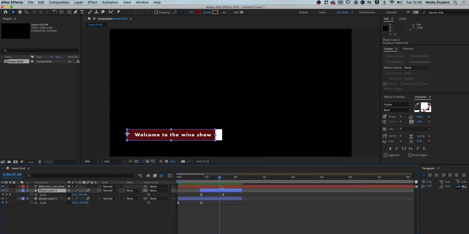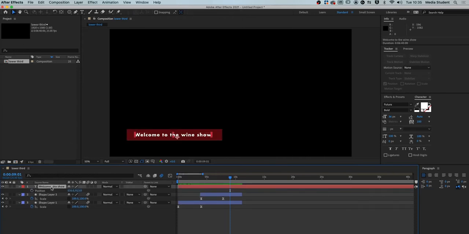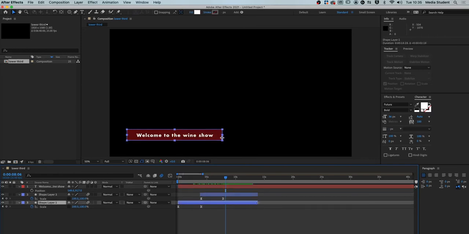So we've got some text on there now, and we can of course move the text with the arrow tool, or we can click on the text and press the P key and change its position there if you prefer to do it that way, but it's the same deal. What we're going to do now is keyframe the text so it comes in from the side, after the wine color is fully established on the screen. You're probably getting the hang of this now. We're going to press the stopwatch button on the text layer. Then I'm going to use the position